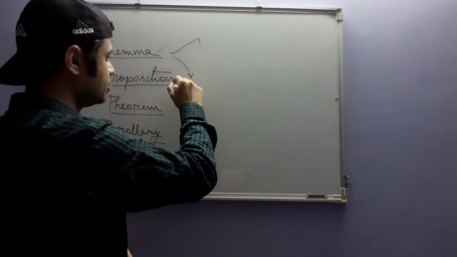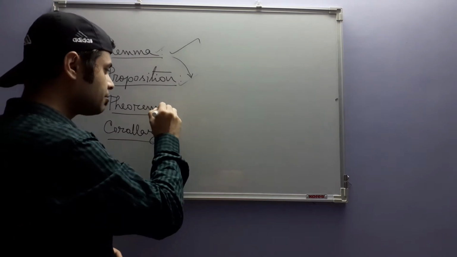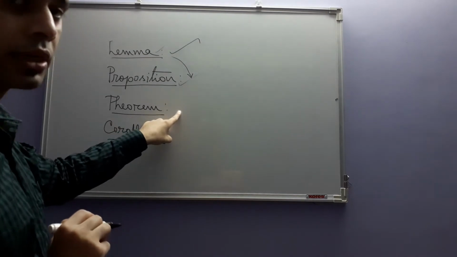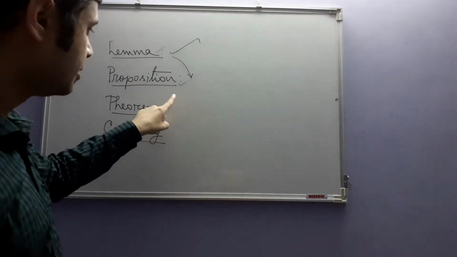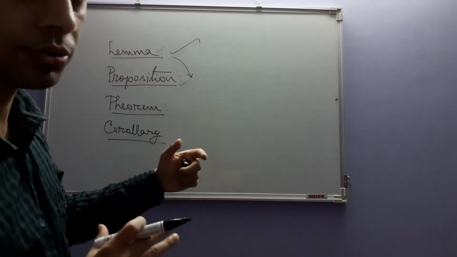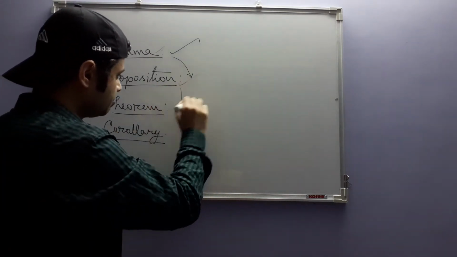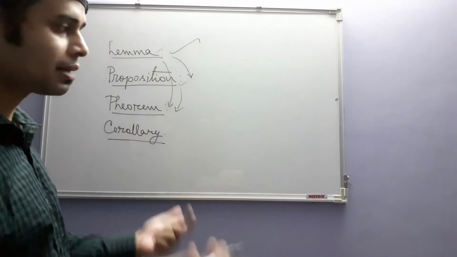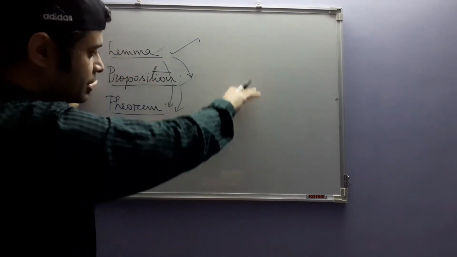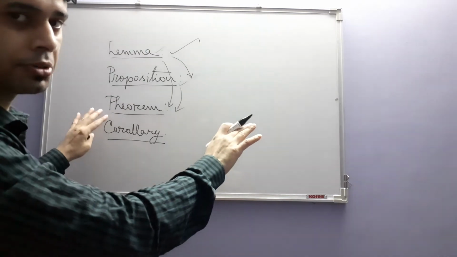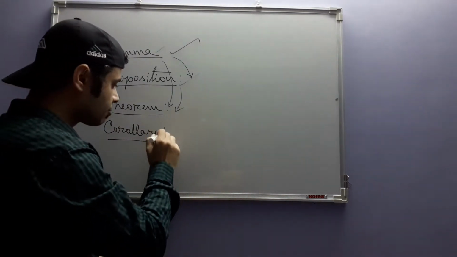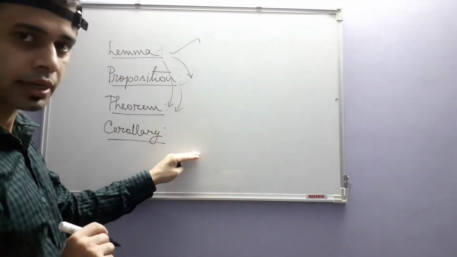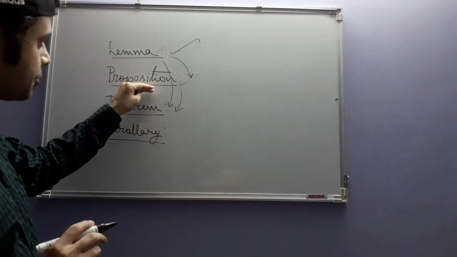Relatively more difficult results are called propositions. Now a theorem has to be quite important. A theorem about some object or about some class of mathematical objects tells you something definite and important about that object. That comes from not necessarily propositions, but from both lemmas and propositions. Although in some theorems you may see just a proof carried out without ever using any lemma or proposition, that is also possible. And a corollary is an easily derivable special case of a theorem or proposition or even